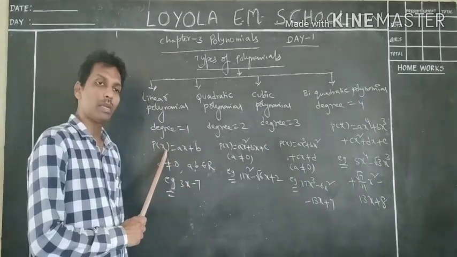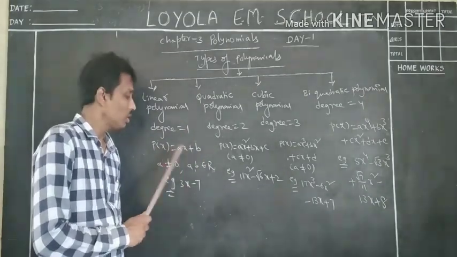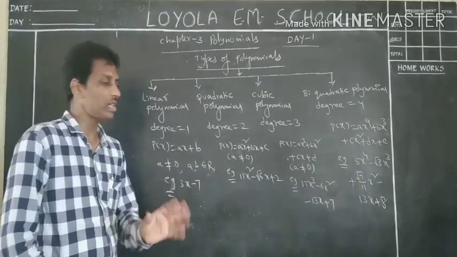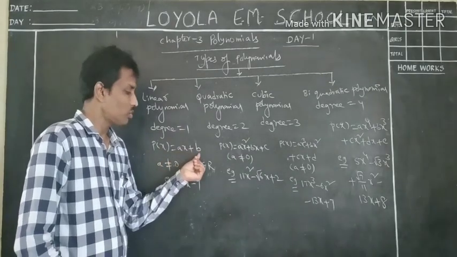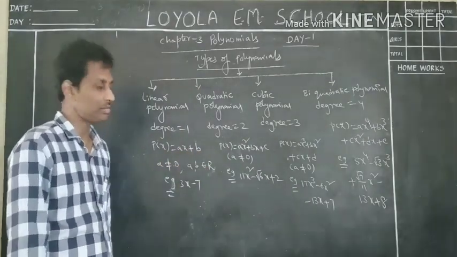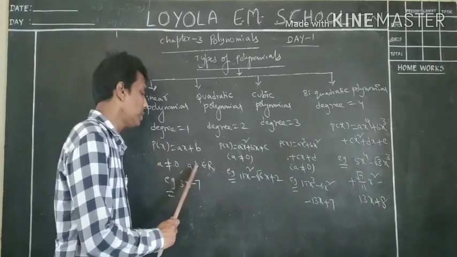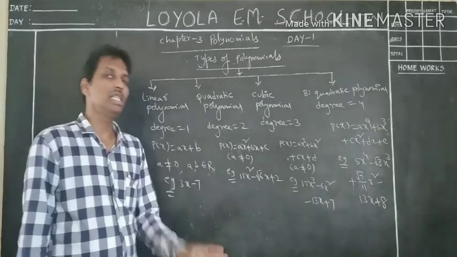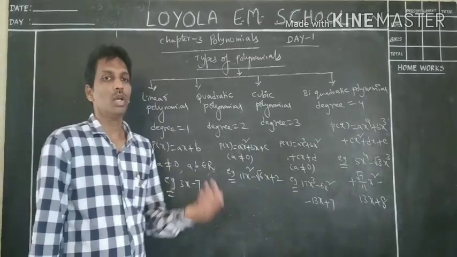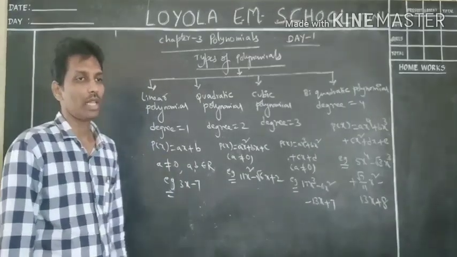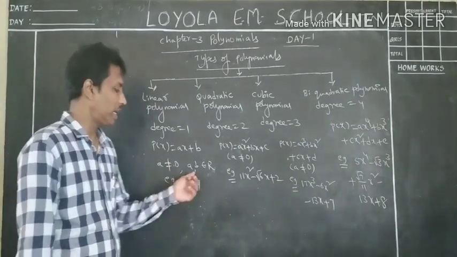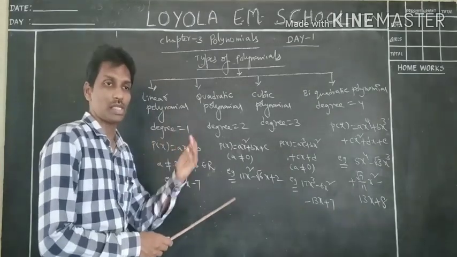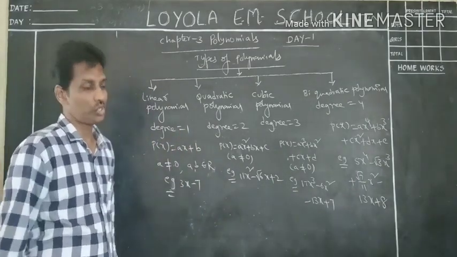So the general form of linear polynomial is p of x is equal to ax plus b. Here a must not be equal to 0. If a equals 0, this product becomes 0. Then you will get only a constant term. So that is the reason. But a and b, both a and b belong to the set of real numbers. We need not bother about whether they are positive or negative. Any values we may consider. But the power of x or x square or x cube or x power 4 must be a positive integer.